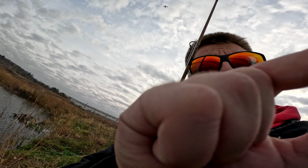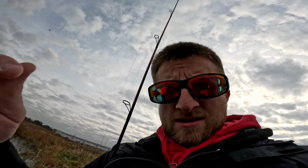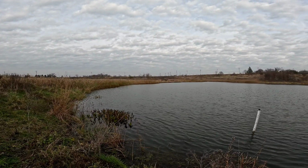We're out here today fishing at the zone. Have not been fishing here much lately at all. I think I've been here maybe a couple times in the past couple months, so not a place we've been to since the weather has gotten a lot colder. But today I decided to come back here and try a little bit of float fishing